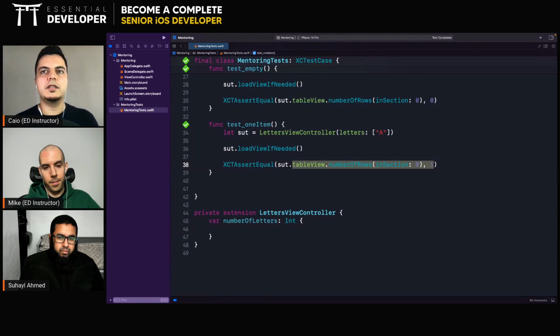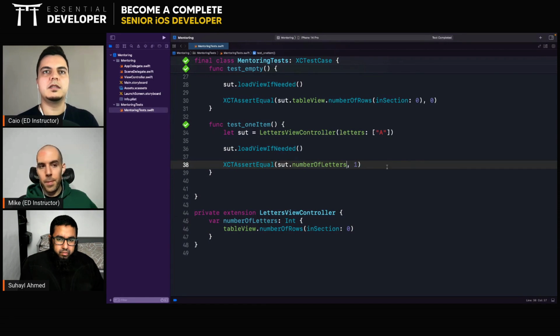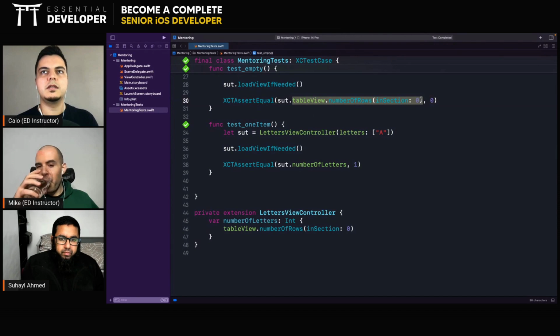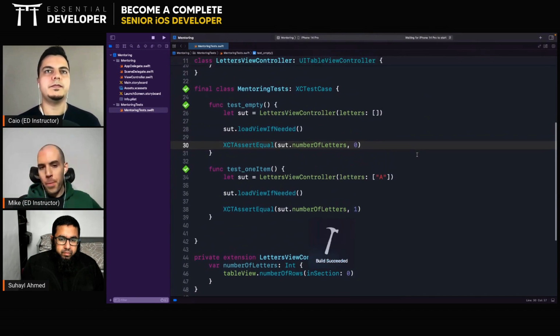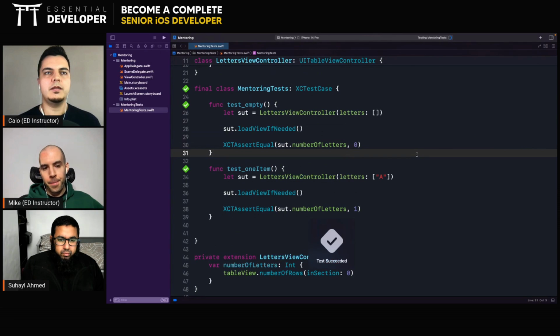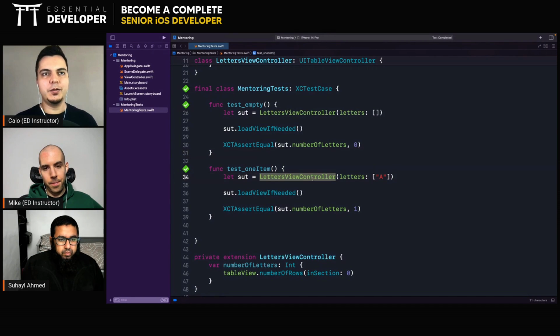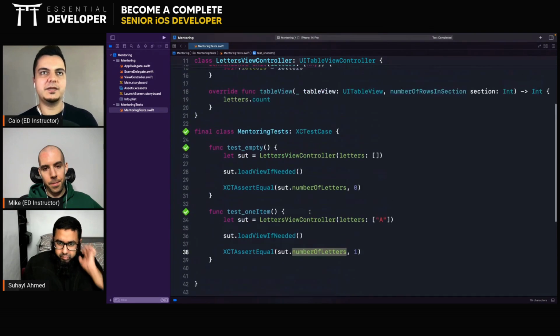We can extract this here, or we could just use number of letters. Now you can change this to be a collection view, to be whatever. You could even refactor it to be a hosting controller for a SwiftUI view that then extracts whatever data is in there. It doesn't matter for the test, as long as it's returning the number of letters there, fantastic.